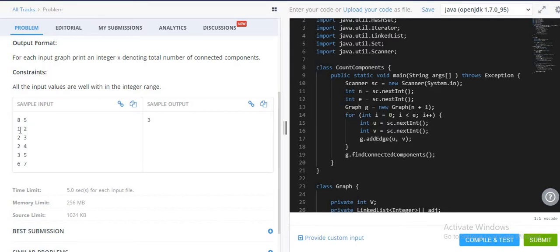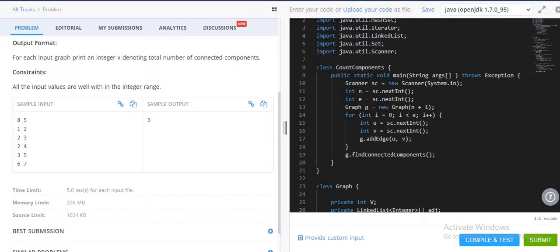edges is 5. So you can see 1 2 3 4 5 6 7, these are the number of nodes, and the 5 edges. So this is 1 to 2, there is one edge, then 2 to 3, then 2 to 4, then 3 to 5, and then 6 to 7. You can plot a graph on a piece of paper and see it. This is an undirected graph, so if there is an edge from 1 to 2, then the same edge has to be there from 2 to 1. Now coming to the coding part, it has the output 3.